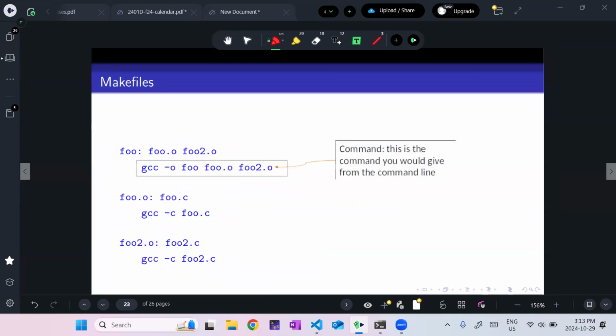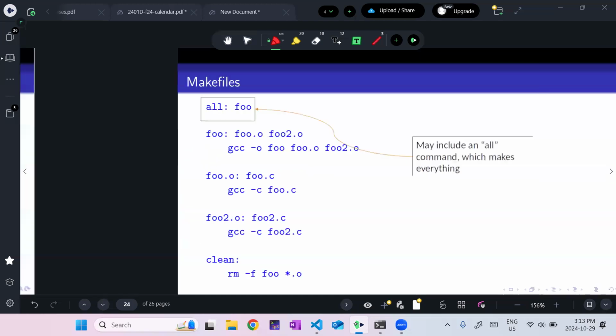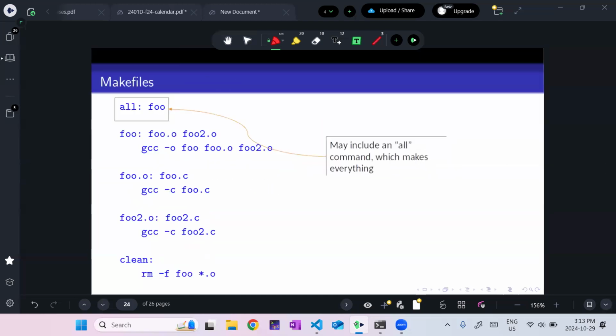And then this is the command that is run from the command line, not to be confused with, I guess this is also called a command. Generally speaking, we have an all command, if there's multiple executables, even if there's not, it's not really a bad idea. And a clean command to sort of wipe out everything and start from scratch.